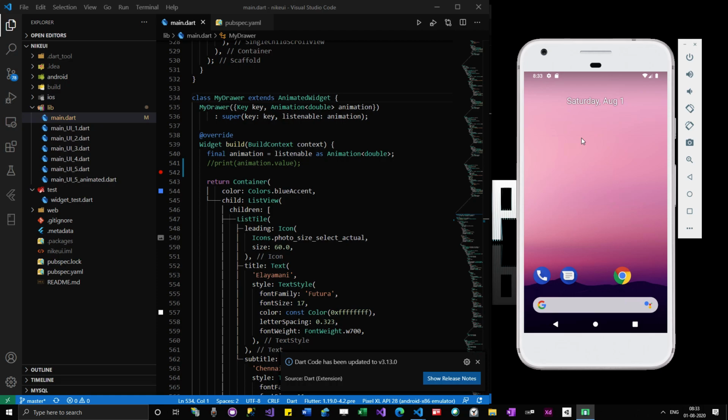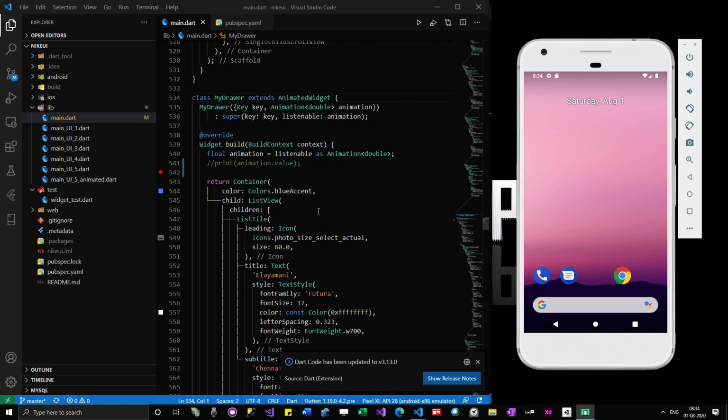That is the programmatic way of debugging apps. And the last way we are going to discuss is troubleshooting your apps using the Chrome browser, or simply Flutter web.